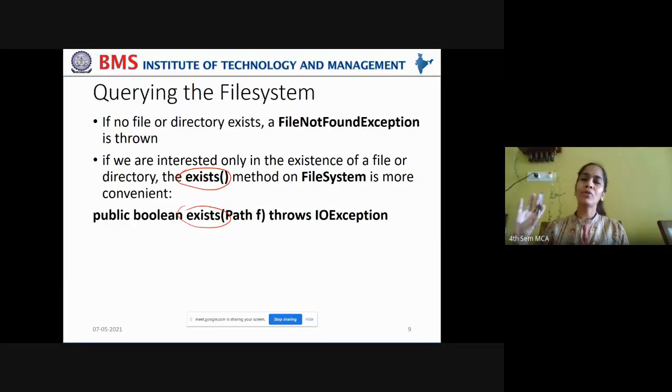You don't want to know all the parameters in the status. You just want to know whether the file exists or not. Only if you know the file exists or not, then you can retrieve its status, right? For that, you have a simple method, exists, which takes the path to the file to know whether that file exists or not, and it returns a Boolean value. If the file exists, it returns true. If the file doesn't exist, it returns false.